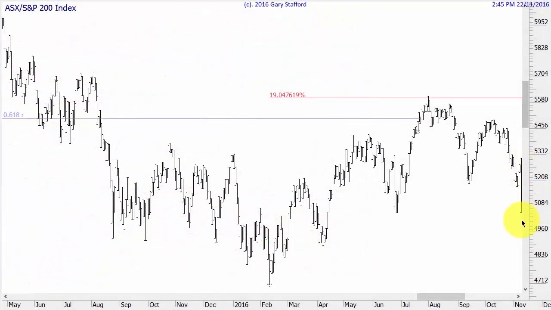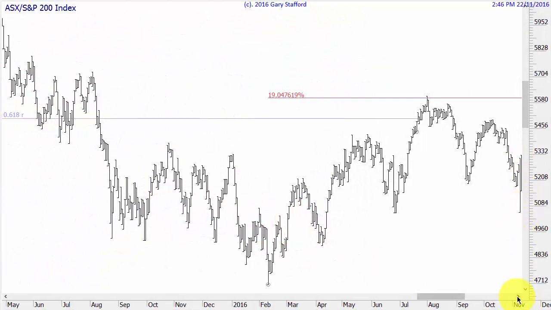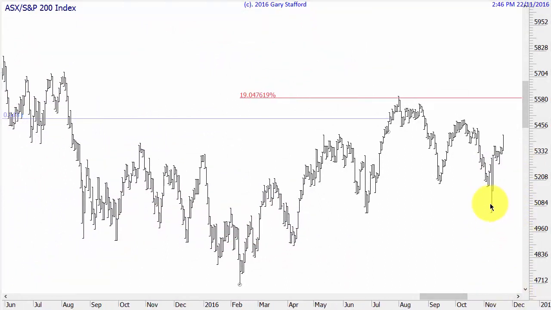But on that day there, it went through the level and just went straight through, but it has gone up since. I was looking for a buying opportunity, actually it was about there, but I couldn't do it anyway because it was outside the time period. So basically on this I said short, buy, buy. So I can't always do the trades that I give, but some people can, obviously.